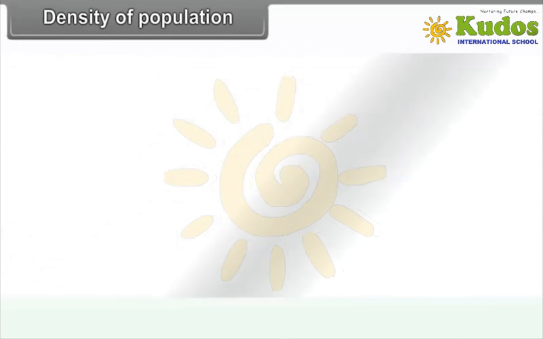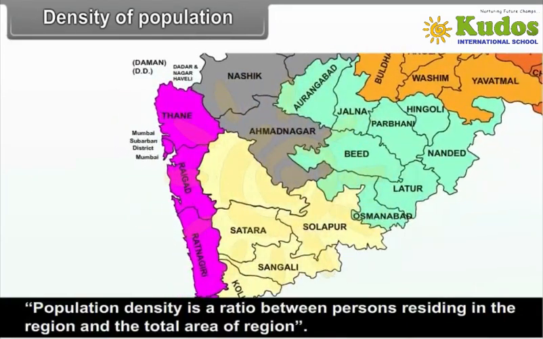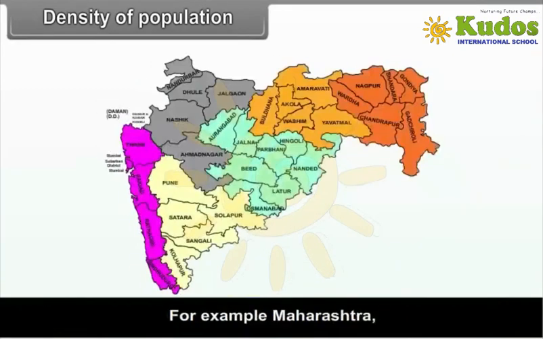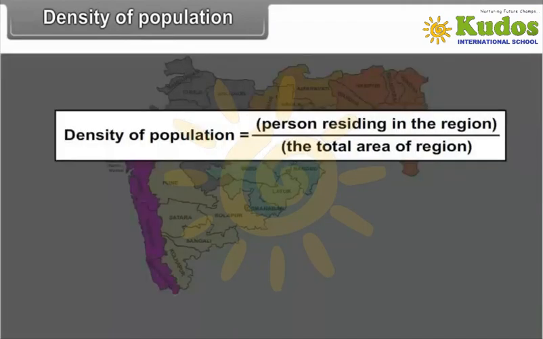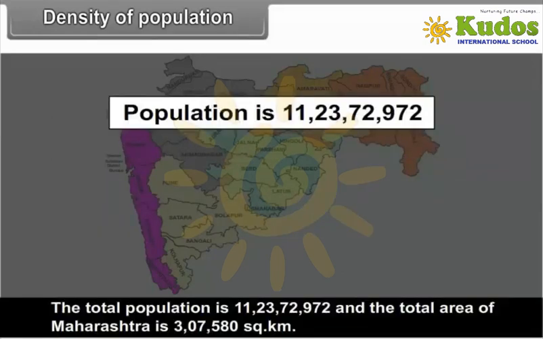7.1.1 Density of population. Population density is a ratio between persons residing in the region and the total area of the region. For example, Maharashtra. Density of population is equal to persons residing in the region upon the total area of region. Therefore, 11,23,72,972 upon 3,07,580 square kilometers is equal to 365.34 persons per square kilometer,